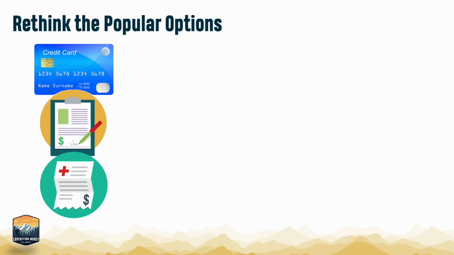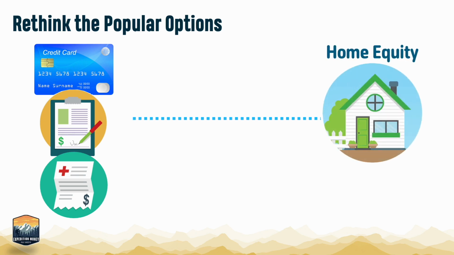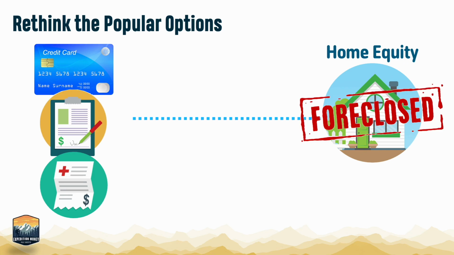Probably the most popular option is to use the equity in the home, such as a home equity loan or line of credit. This can be tempting because the interest rate might be lower and it might stop collection calls. However, the big risk is that if you fall behind on a home equity debt, you could possibly lose the home, such as in foreclosure. That's because a home equity loan is a secured debt, backed up by your home. In essence, those unsecured debts might now be putting other things at risk.